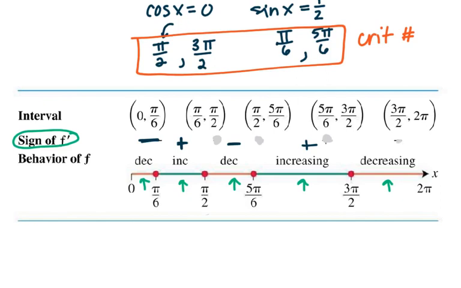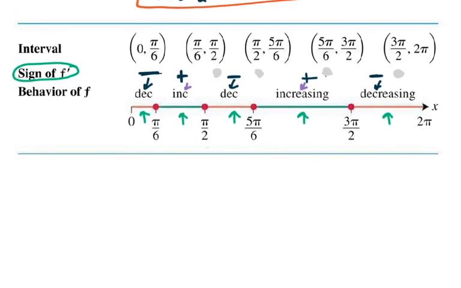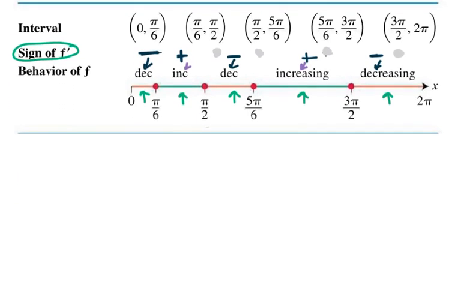And then from 3 pi over 2 to 2 pi, any number we choose on that interval would give us a negative value. So you should see a correlation. Wherever I decided the derivative was negative, we have a decreasing interval. And wherever the derivative is positive, we get an increasing interval. Okay? If we want to state where the function is increasing or decreasing, it is decreasing on any interval where